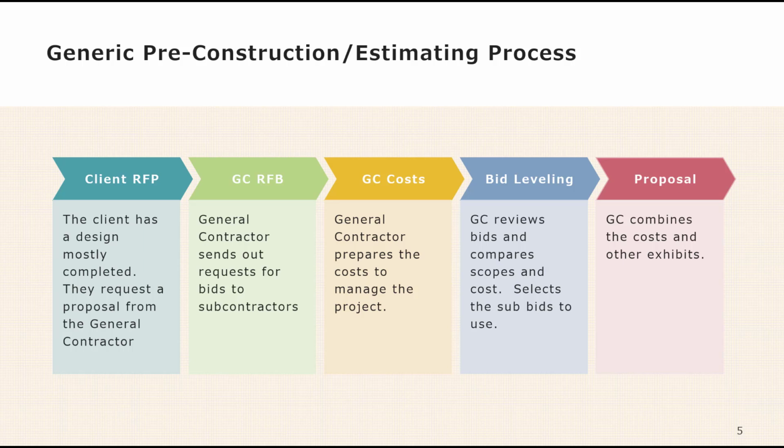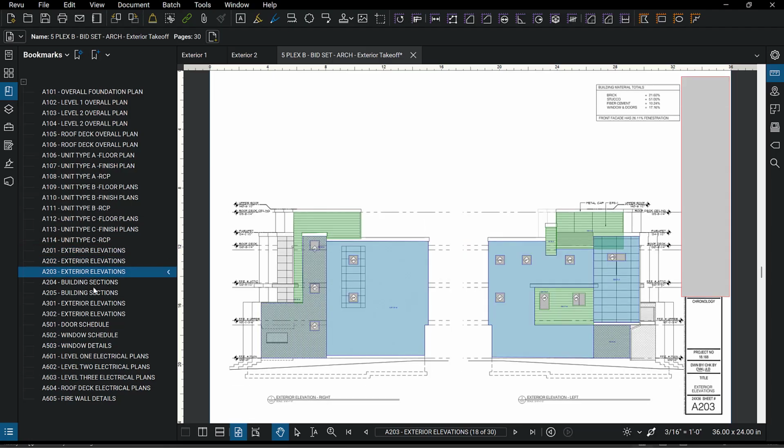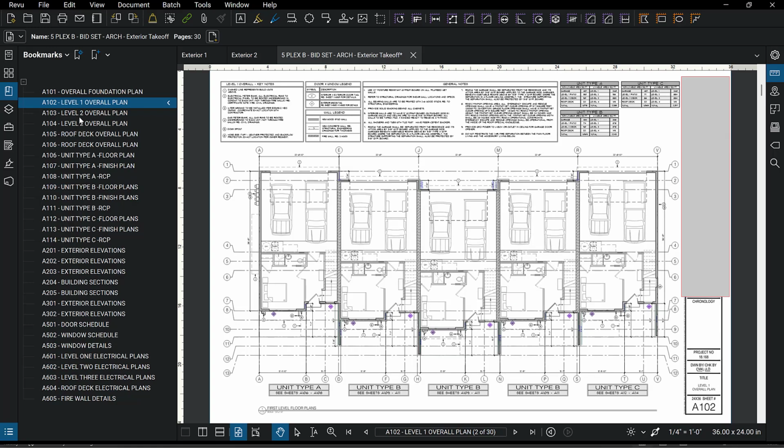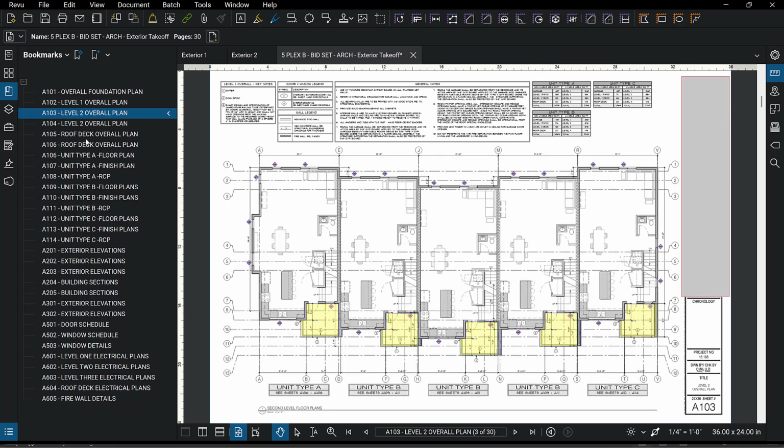At the same time, most likely, our estimating department is doing takeoffs and getting really familiar with the drawings. So the takeoffs that we're doing, we've done that in class. And for our exteriors assignment, you've done the exteriors takeoff from a general contractor's perspective. We didn't do a super detailed takeoff where we got every little line item as if you were a subcontractor trying to bid it out. So we did it from a GC perspective, so we could have a general idea of the total quantity of the exteriors,